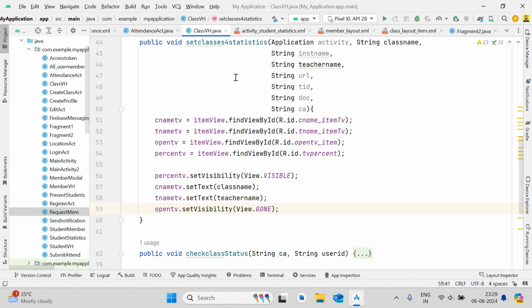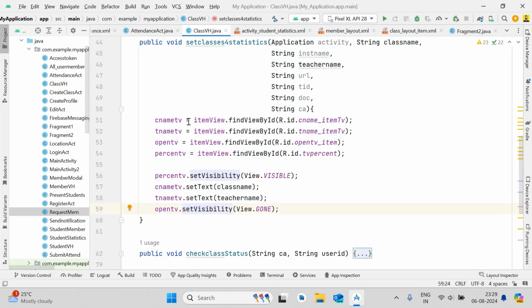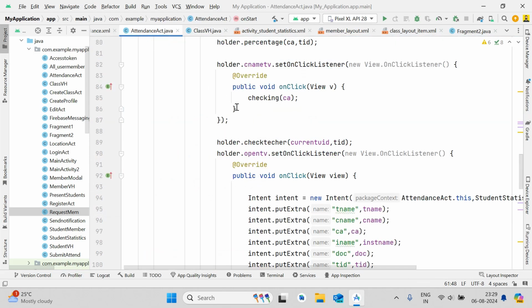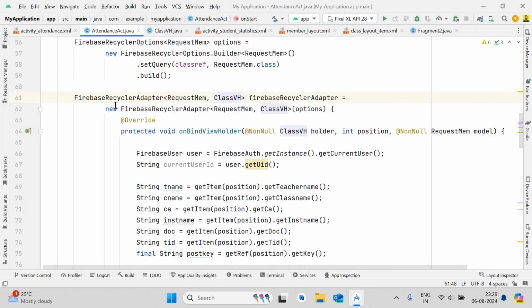Okay, so all you have to do is create a method and write this complete code that I'm showing you on the screen. Then come back to this activity, which is the attendance activity, and now we will proceed with the fetching code. After passing all these parameters and when you pass options here,